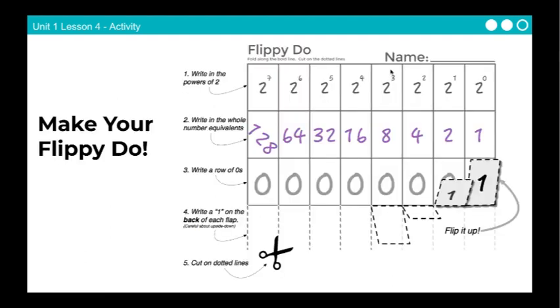So for today's activity, you will be creating a flippy-do. Yes, the name is silly, but it's called that because we use the bottom pieces to flip and essentially create our binary number. Now, one thing that I want to point out before we get started on our flippy-do is